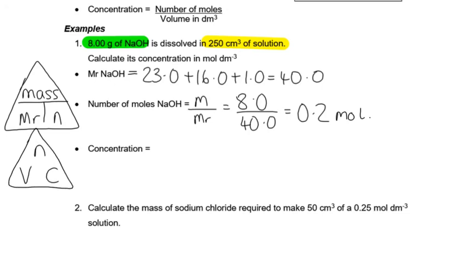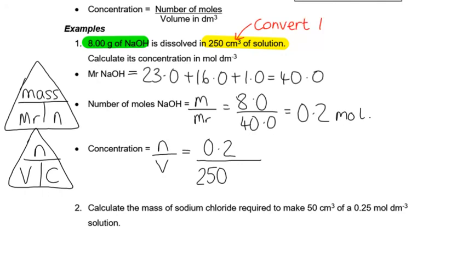And so now I've got moles, and I want to work out concentration, so I can remember my other triangle. Concentration is moles over volume. But our volume is in the wrong unit. Remember that concentration is in moles per decimetre cubed, so we're going to need to convert to decimetres cubed. We're going to do times 10 to the minus 3. And then we type that into our calculator and we should get 0.8 moles per, and the per, remember, is that minus sign,